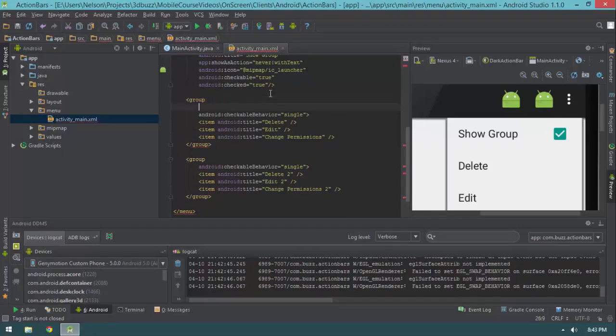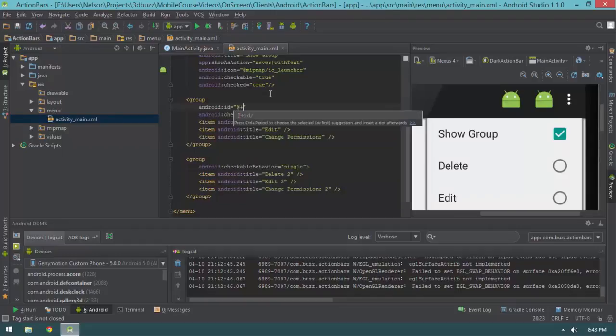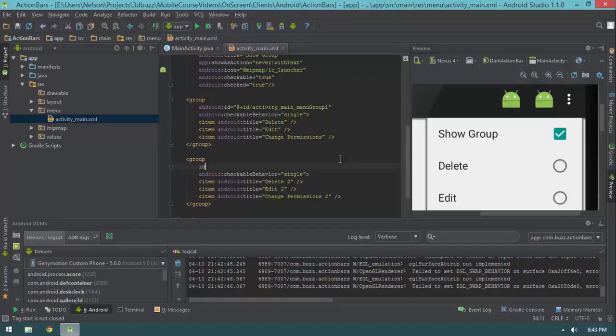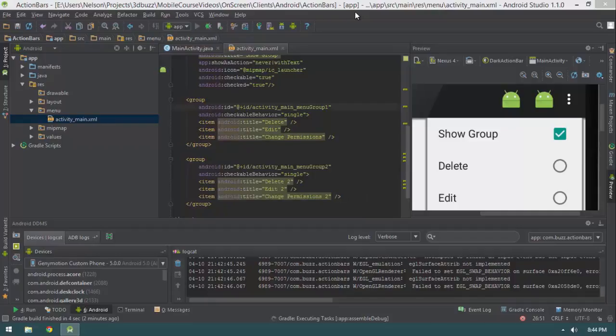I'm pretty sure I'm going to have to restart IntelliJ here. It's having some major performance problems, like these performance problems rival Visual Studio and ReSharper combined. Activity main menu group, or sorry. Apparently it really doesn't like backspaces either. Oh, come on. It's seriously going to do this at the end of the video, isn't it? I'm going to pause it, but I'll resume when I have this typed. Alright, well that took a whole lot longer than it should have to type in a couple ID attributes, but